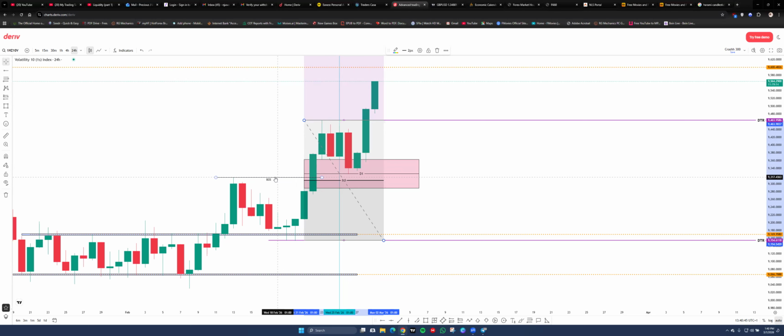That is within your discount zone, within your equilibrium zone. So this area, this middle point, is called the equilibrium zone. Yeah, it's called the equilibrium zone. See? So when you have something like this,